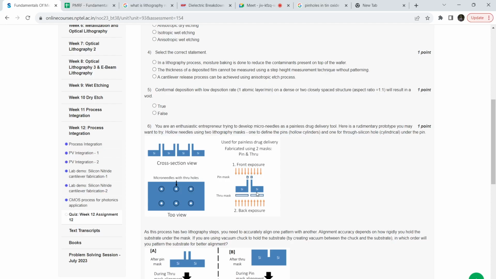One atomic layer per minute on a dense or two closely spaced structures. Like when you're depositing something on something else. Say you have some structure in silicon, some lines and closely spaced lines, and on top, you're depositing